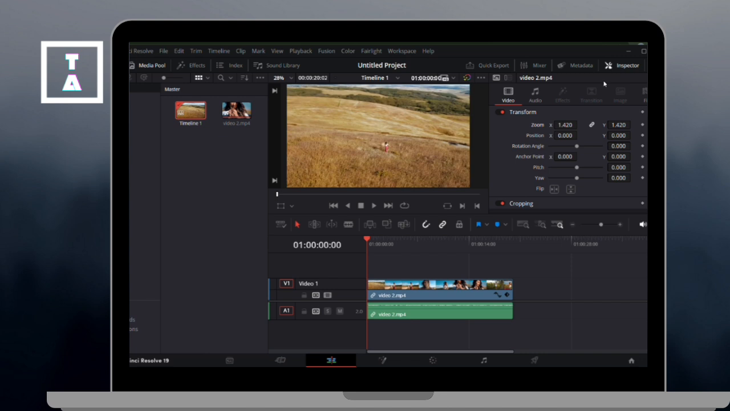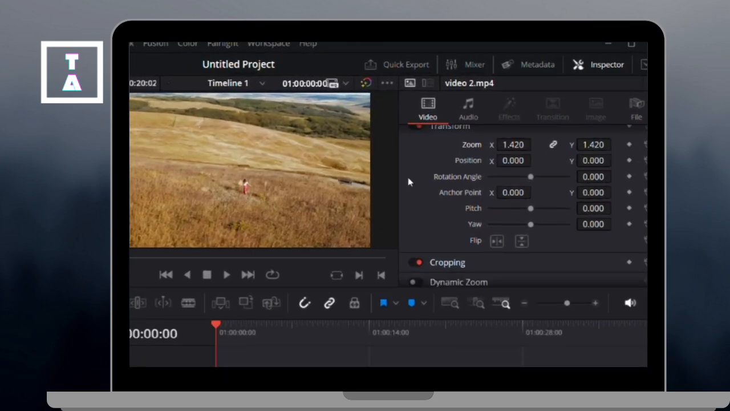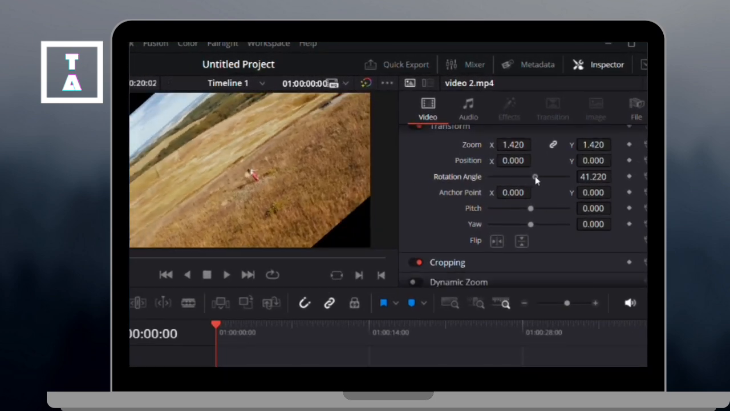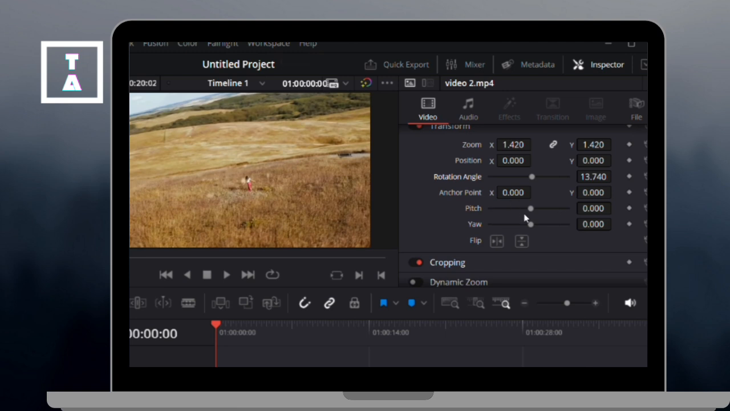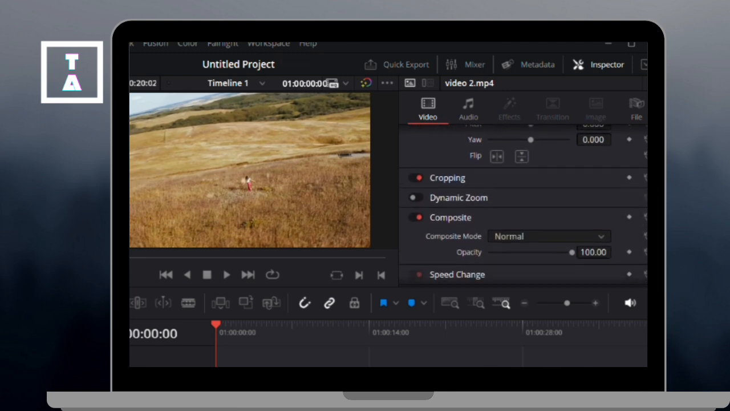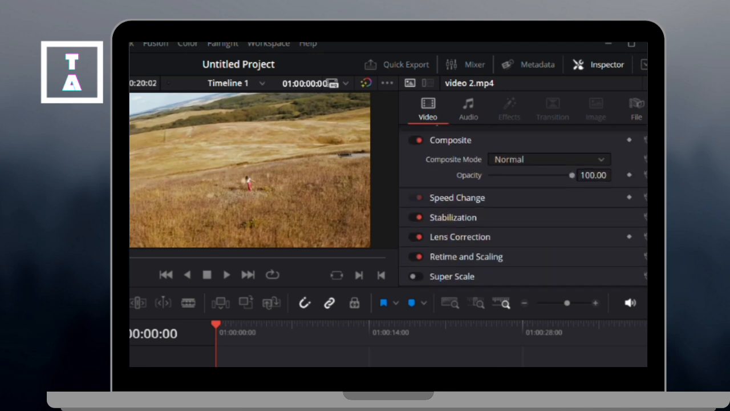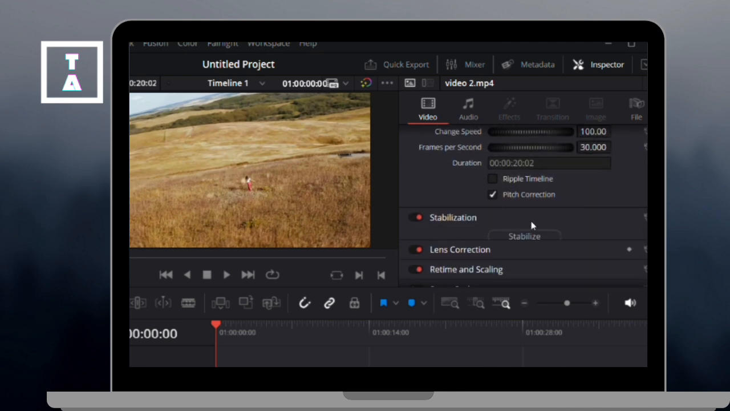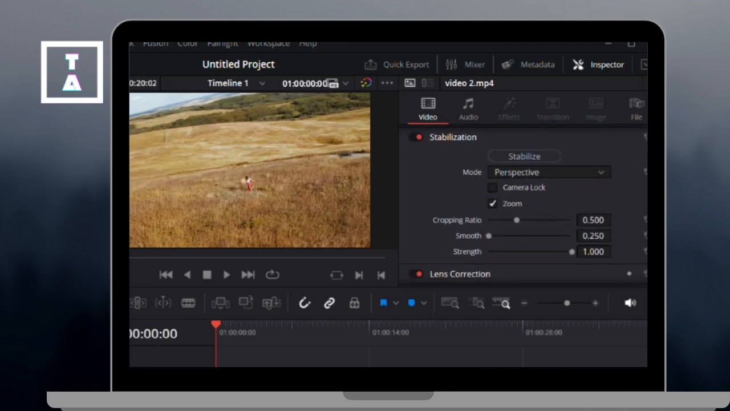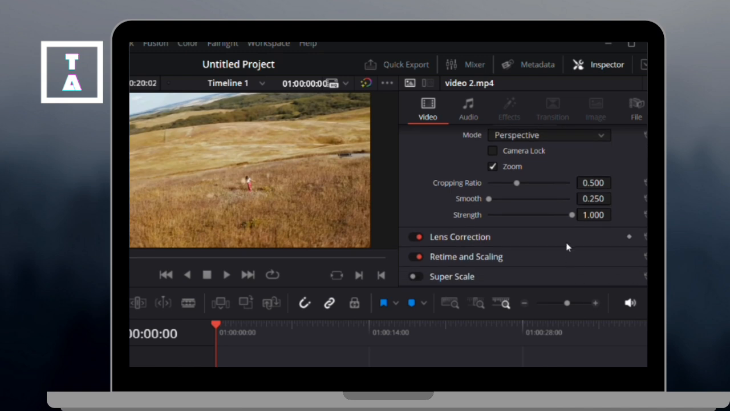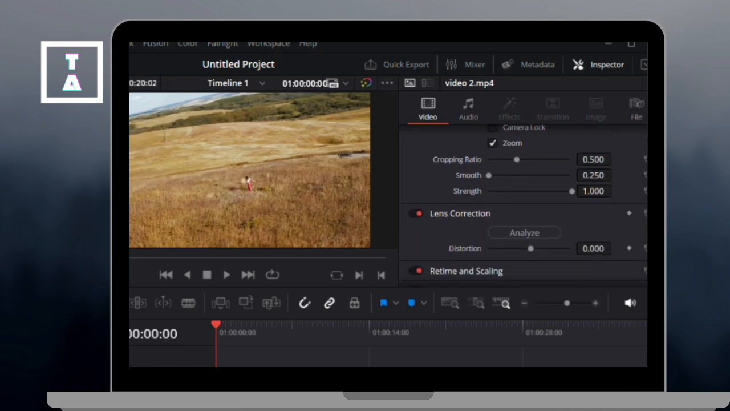And what you can do in the inspector panel: select the clip on your timeline and you'll see the adjustable options in the inspector. You can transform position, zoom, rotation, angle, and anchor point. Cropping, you can crop the top, bottom, left or right. Composite, you can adjust the opacity, stabilization, lens correction, and also in audio settings, you can adjust the volume, pan,